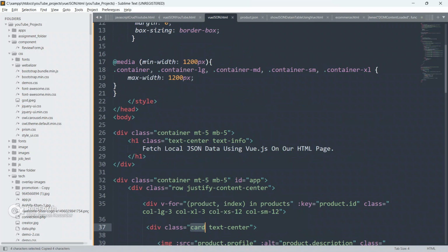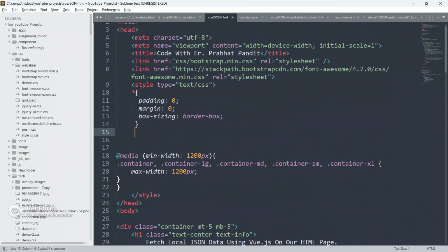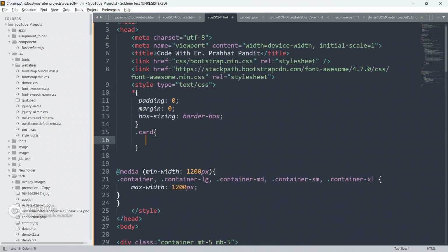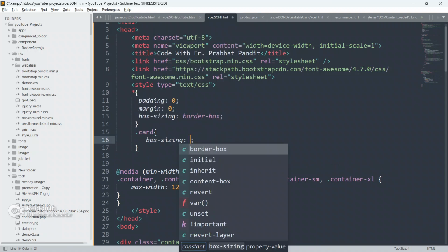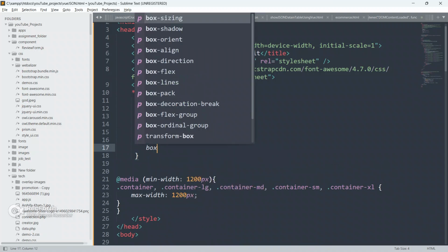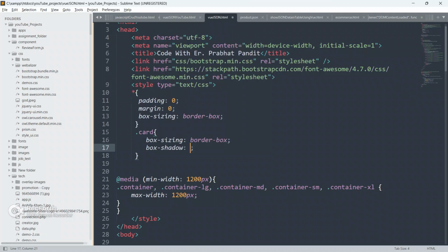Now I'm gonna copy this card class from here and paste it here, and say box sizing as border box,